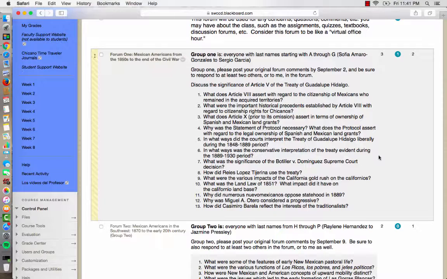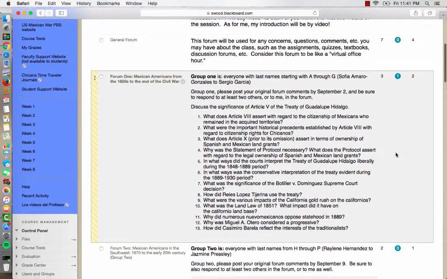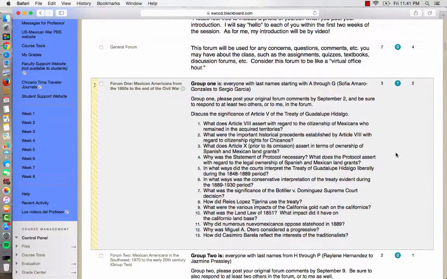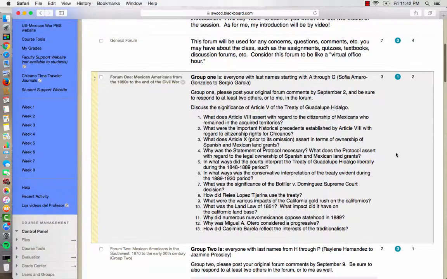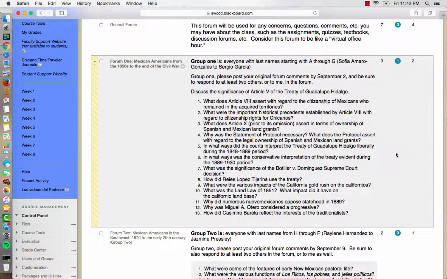Okay, well, let me get things rolling here and tell you how the discussion process works. So what we see right now in Forum 1 are a series of questions that pertain to the readings that we've had so far for the first week. And the due date to post your comments, what I call your original comments, is Friday, September 2nd. And during that weekend, the weekend of September 3rd and 4th, around Labor Day, that's when I'll read and reply